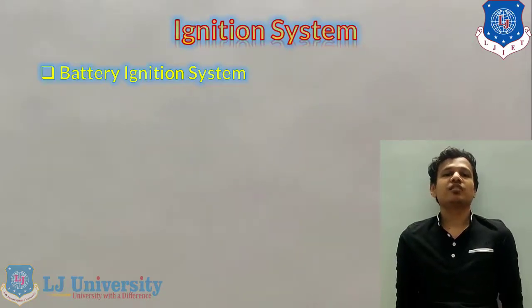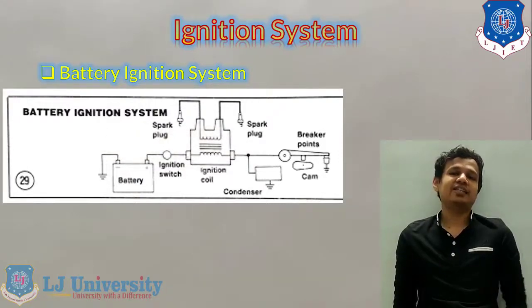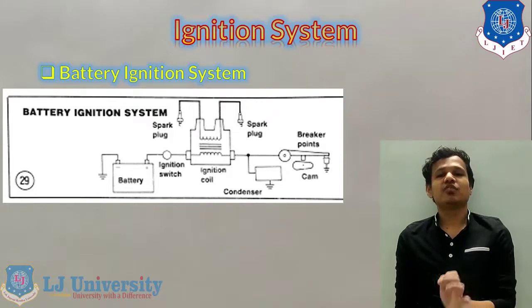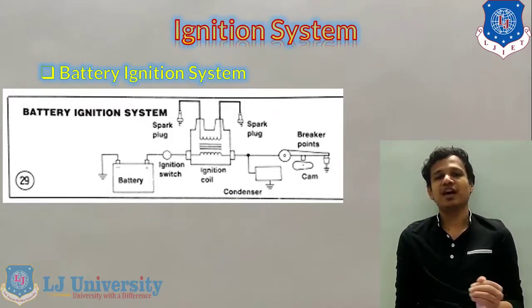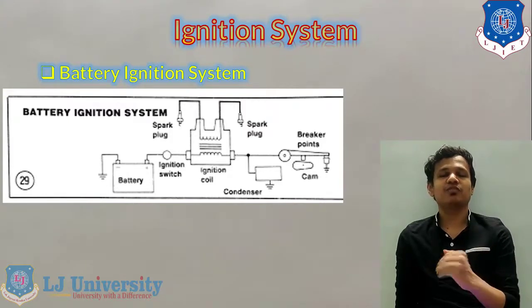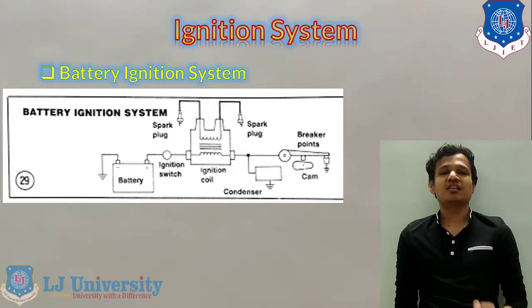Right, so in the case of the battery ignition system, you can see the proper diagram for the battery ignition system, in which you can see the number of components which are required for the ignition system using the battery. In the previous one, magneto was used in place of the battery, in which whenever we apply the kick force, the magneto rotates. Because of the magneto rotation, magnetic field was generated, and from that the current was generated to the spark plug. Now in this case of the battery ignition system, the battery supplies the current and the voltage to the spark plug. In the arrangement you can see the ignition coil is given.